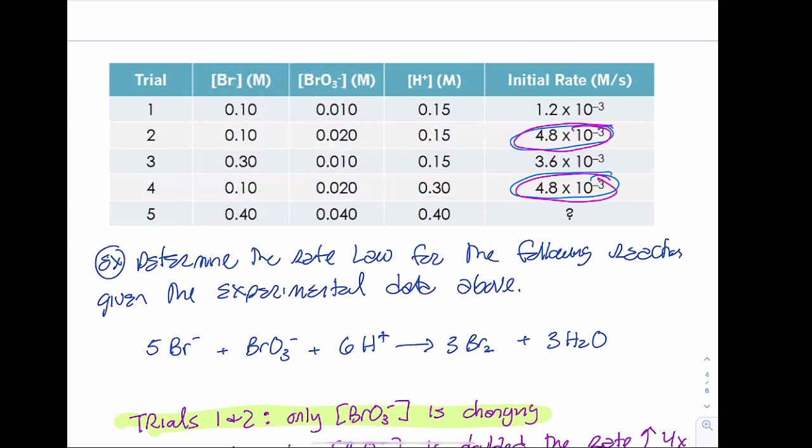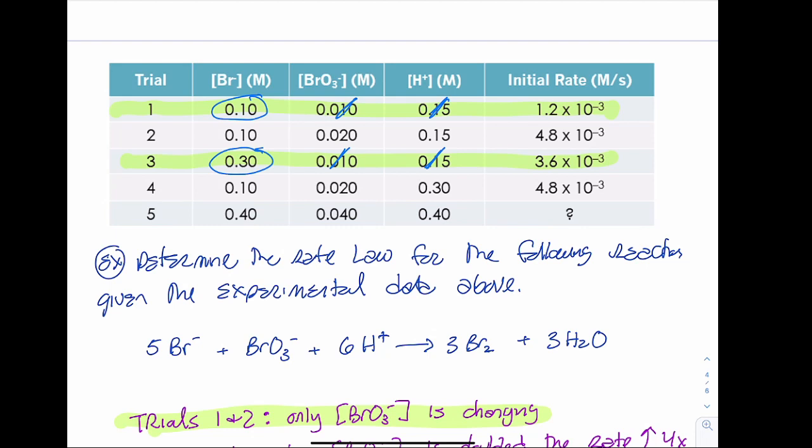A more efficient way of erasing, sorry guys. Okay. So we want to find trials now where Br minus is changing and nothing else is. How about 1 and 3? In trial 1, my concentration of bromate is 0.01. In trial 3, it's 0.01. So that's not changing. Hydrogen ions, 0.15, 0.15, but